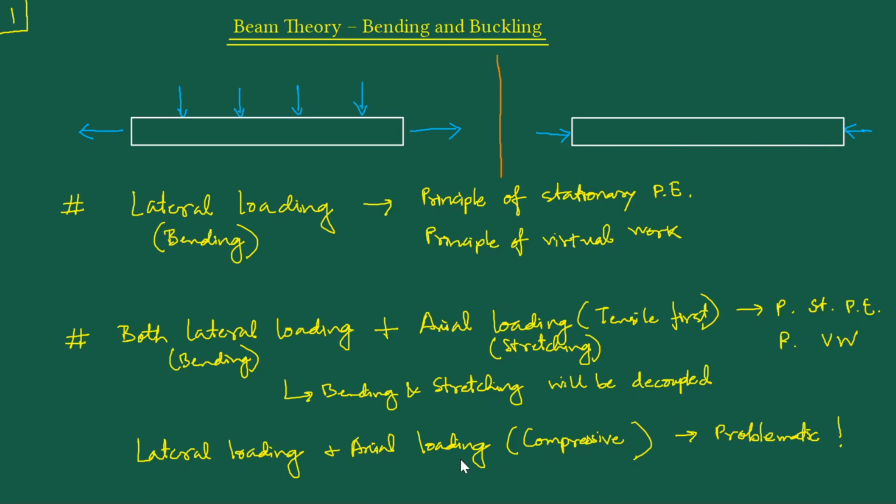Let me repeat. If indeed our theory always predicts that the bending and the compression are decoupled, then the problem with that theory is that it contradicts the physical truth, which we all know, that beyond a certain critical value of the compressive load, it will induce some kind of bending. So it is certainly not true that the bending and the axial compressive loading will be decoupled. The fundamental problem here is with the simplifying assumptions that we'll be basing our theory on.